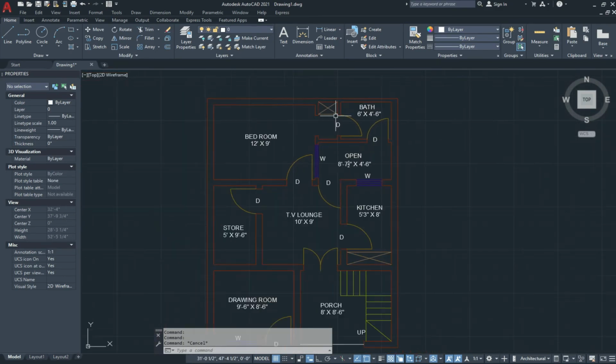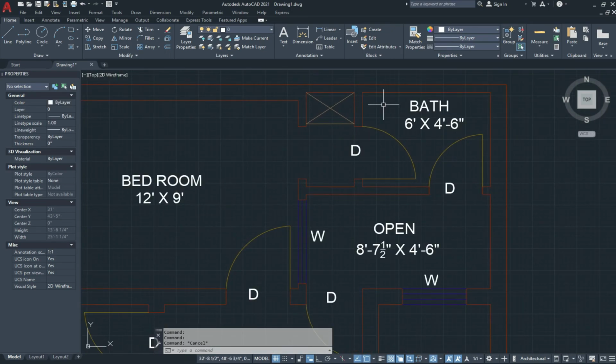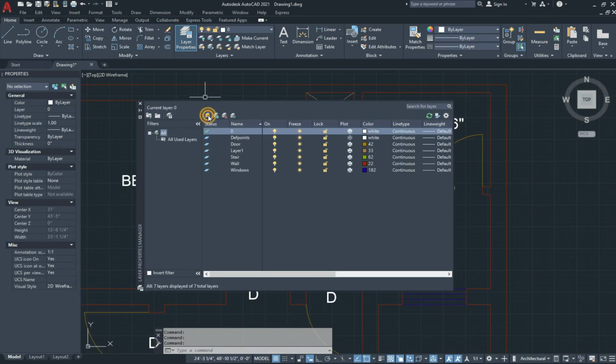So in this way we make the simple house plan, and we make the layer for the text.